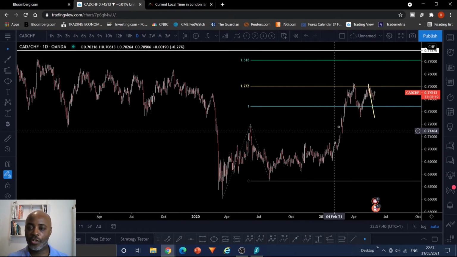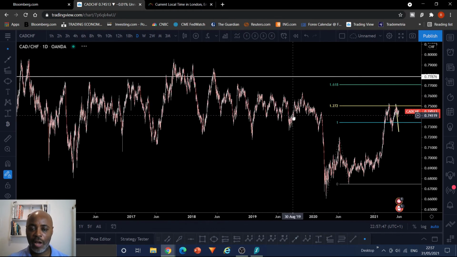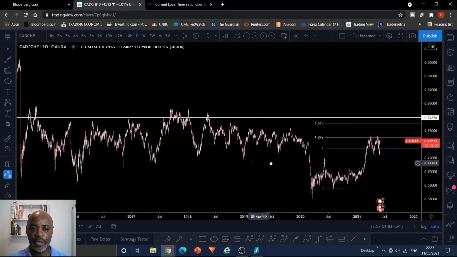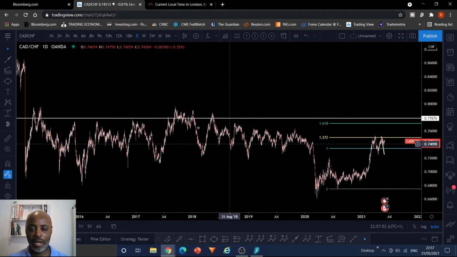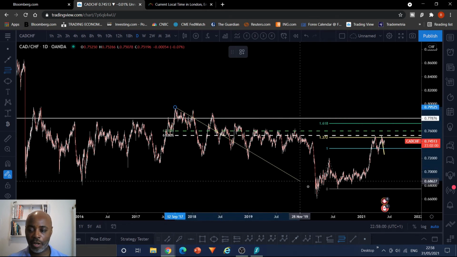Remember, right there is the equal legs, the 127 fib extension. Is there any Fibonacci confluence in that area? Where's my highest point? Well, of this swing, here is my highest point. So if I get a Fibonacci retracement and I come down in,